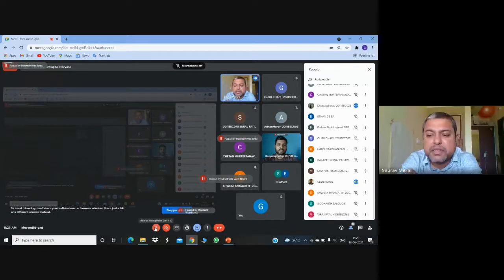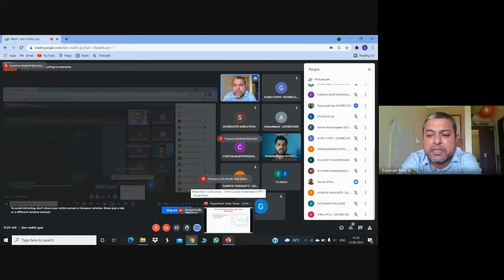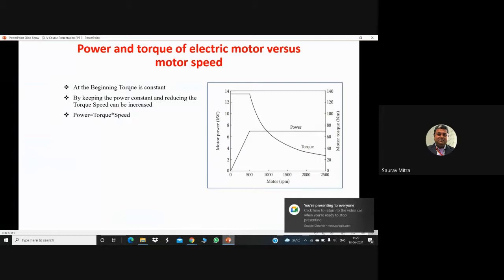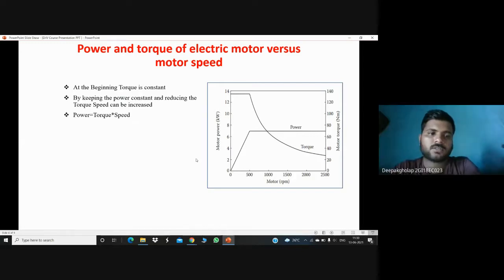We are explaining the same thing from our third module. At the base speed, the vehicle is in the first gear. We have just started the vehicle in the first gear. So in the region from 0 to 500, you find that the initial torque is constant. So torque is constant initially up to the base speed. After the base speed, whenever you increase the gear, your speed is increasing and the torque is decreasing. So the speed up to which the torque is constant is called the base speed. Yes, Deepak, please proceed. Next slide.